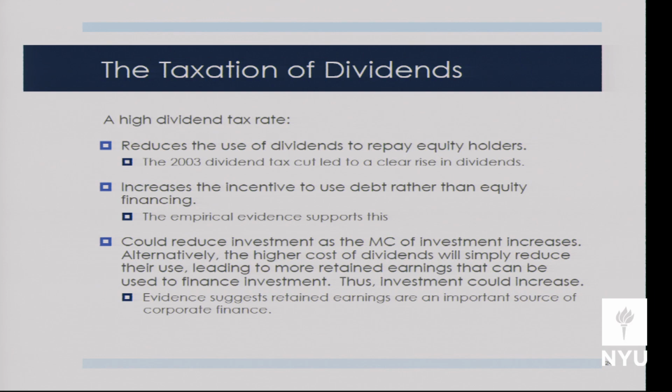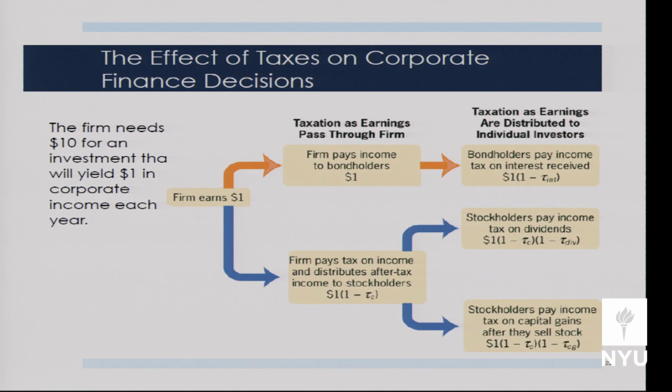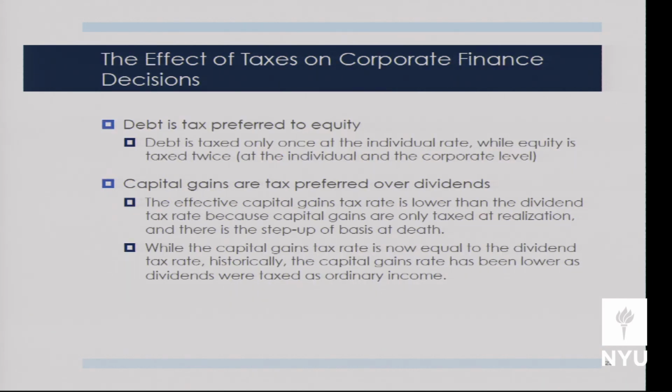Depending on the rates, you could imagine this being different if the rates were different, but we know that the top interest tax rate is 35%. Most interest income is earned at the 28, 33, or 35% tax bracket. That's where most interest income is. It's pretty heavily taxed. Let's say all interest is taxed at 35%. That's pretty high. But we know tau corp is 35%. 35% is always going to be less than 35% plus another tax, right? So debt is always tax preferred to equity. Debt is taxed only once, while equity is taxed twice, and one of those rates is typically 35%. Capital gains are tax preferred over dividends, so even within equity.